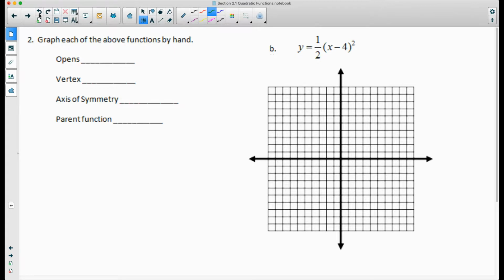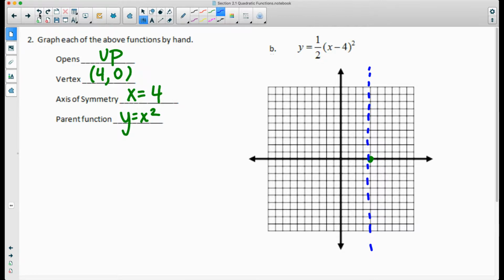Okay, which way does this open? Up. What's my vertex? 4, 0. So my axis of symmetry is x equals 4. And of course, this is still y equals one half x squared. Okay, so if I plot the point 4, 0, and I have my axis of symmetry that cuts straight down,